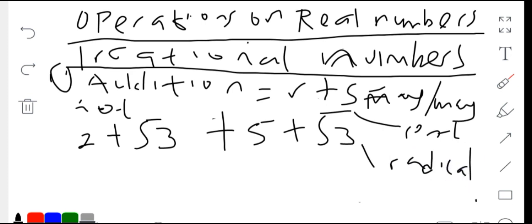This is the radical, this is the root, like the root of a plant. So this is the root and this is the radical. So now solving this,